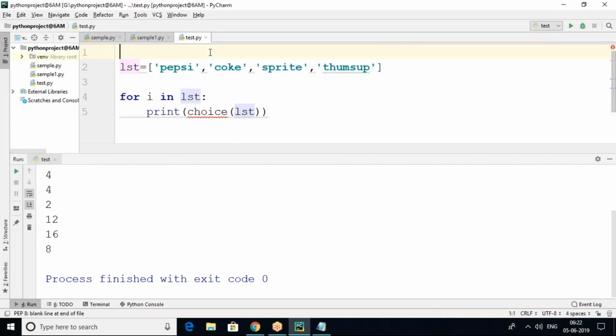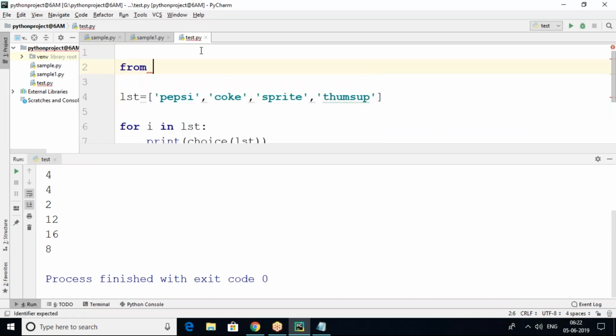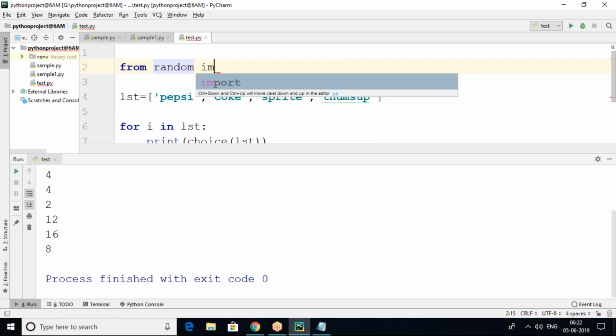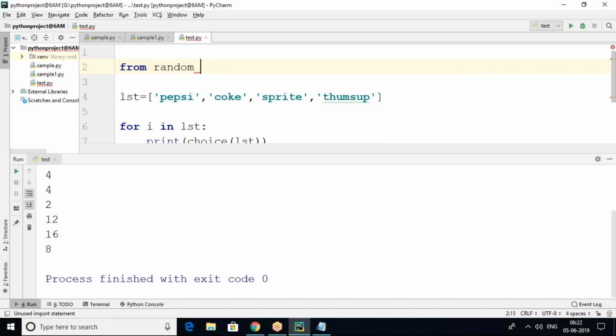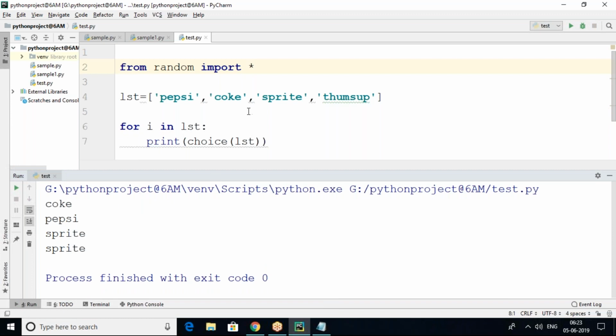The choice function will not work, because we have not included the random module. From random import star. Now this time you can see the choice function will pick a choice from the given sequence. So for i in lst, print choice of lst.